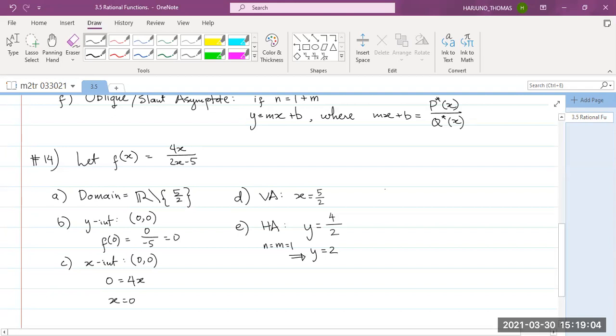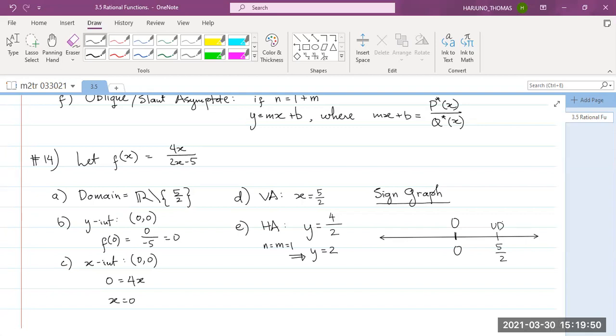Okay, now let's take a look at the sign graph. The purpose of the sign graph is to provide us a more detailed view, but not the full detailed view, of how the graph will behave above or below the x-axis. Now, don't forget that we need to incorporate all critical numbers, right? We have x equals 0, that's the 0 of the function. 5/2 is a critical number that makes it undefined, right? It is not in the domain,